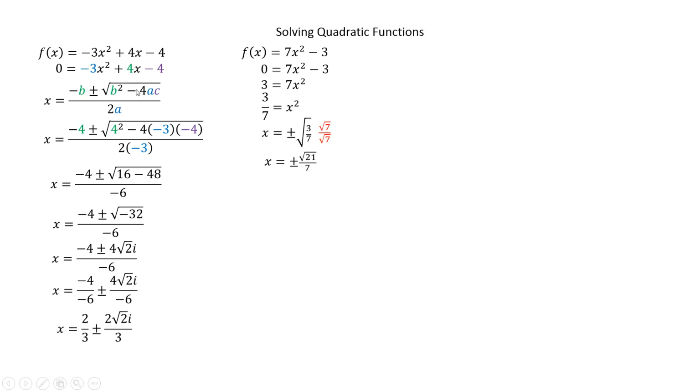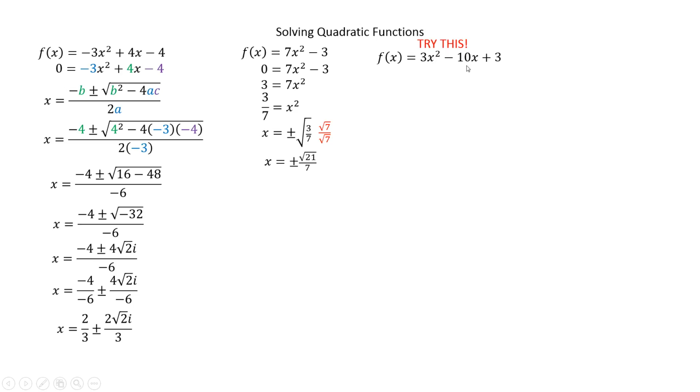We could have plugged it into the quadratic formula. The b's would have been zeros. So you would have had -4 times 7 times -3, and over 2 times 7, and it would have simplified to the exact same thing, but it would have been more of a painful process. If you see it, hey, there's no x term, look at square roots. So try one, and